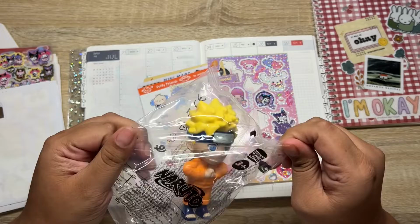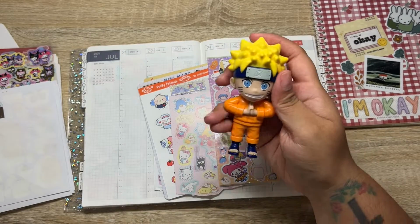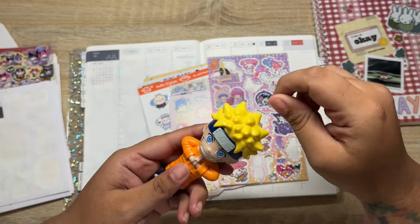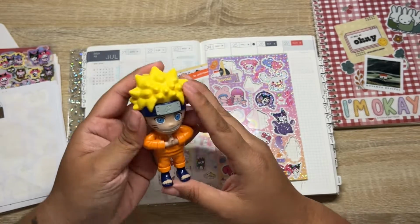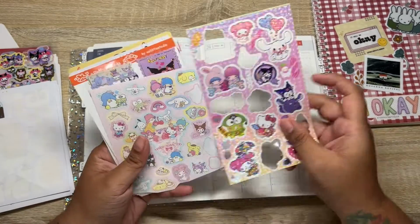We also stopped at, what is it called, at Burger King, because I saw a post that they had Naruto little toys, and I want to make him into a charm. So I'm going to put a little charm thing, an eyelet, I think that's what it's called, on the head, and make him into a little purse charm. I think that's so cute. So I'm going to put him right here on my desk for now,